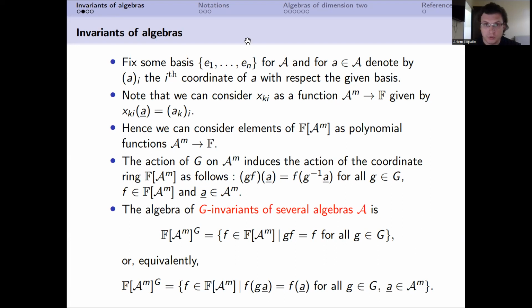In other words, what exactly does it mean? It just means that polynomial f has one and the same value over all elements of the orbit of any element A. So we can consider any element A, we can consider its orbit, and in each point of this orbit, polynomial f has one and the same value. So we can say that polynomials are defined over the set of all orbits. And in this way, we obtain the algebra of invariants.